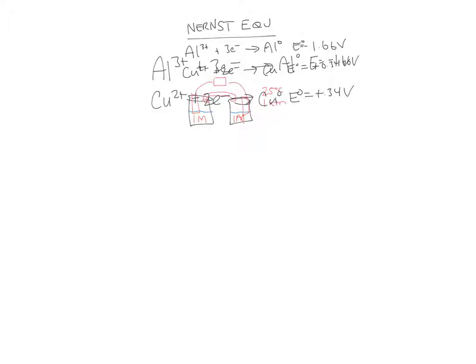Chapter 6, Electrochemistry. The purpose of this video, guys, is to show you how to use the Nernst equation in order to do calculations regarding a cell potential other than the standard cell potential. So a cell potential is really just made up of two cells combined together, and they have electrodes,